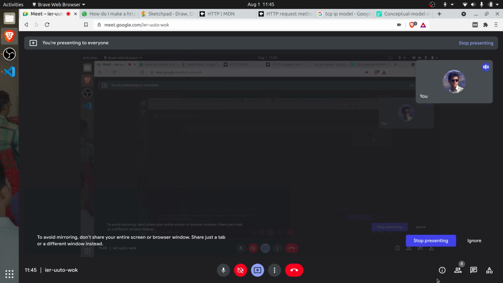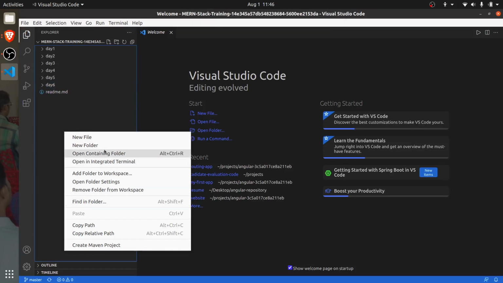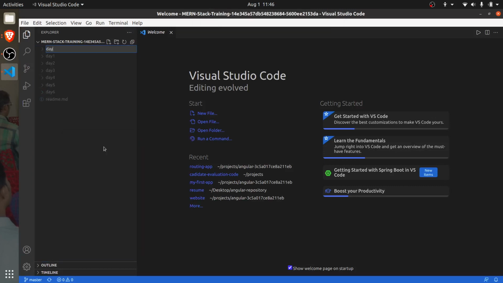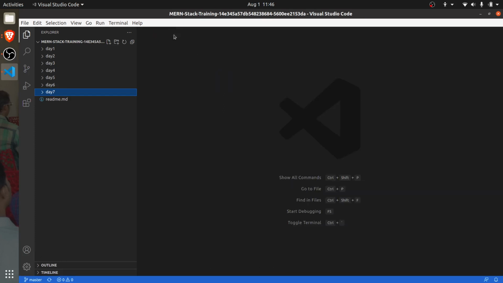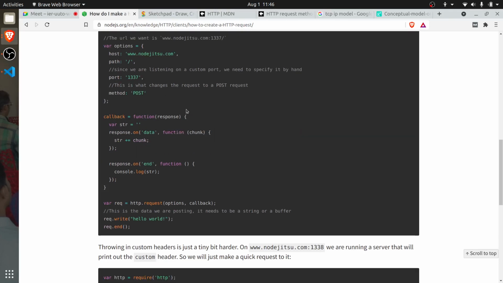Okay. Now, let's try to build a basic HTTP server, very, very basic HTTP server. Let's call it main.js, or basic http.js. Very, very basic HTTP server. So first, what you would be requiring,